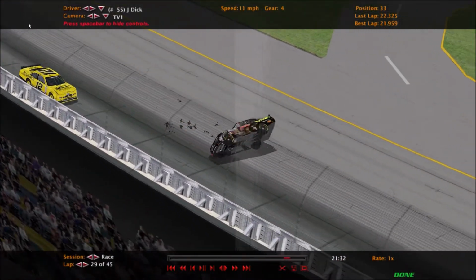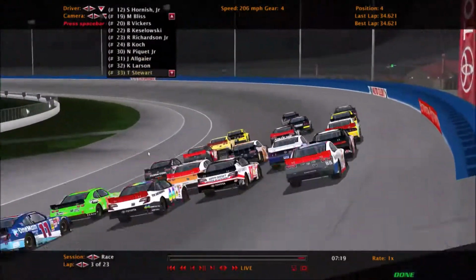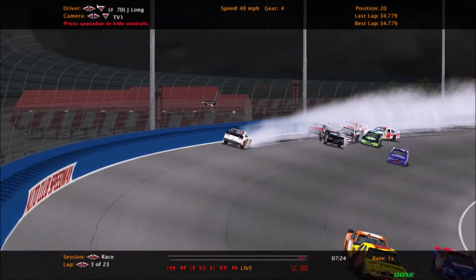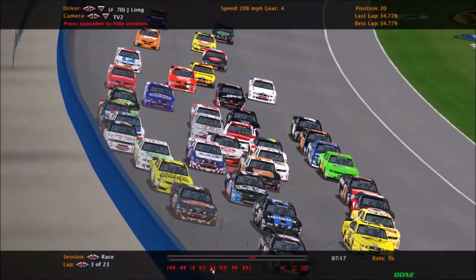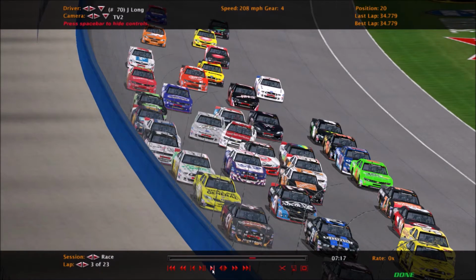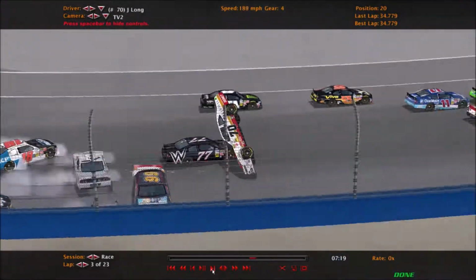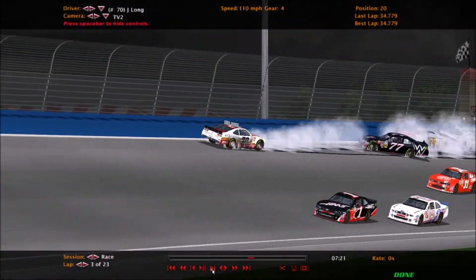Now let's look at a few onboard cameras of this. Changing leads, a lot of changing. Oh, trouble! Hard to the wall goes Tommy Turbo, up and over! The winner of this race last season in a huge wreck. Jeff Bryant involved. And Arnsdorf made contact. I think Arnsdorf could have been just a little bit higher there. Up into Michael Gregory, and that flips Turbo. Wow. So from winning this race last season to being involved in a horrible crash,